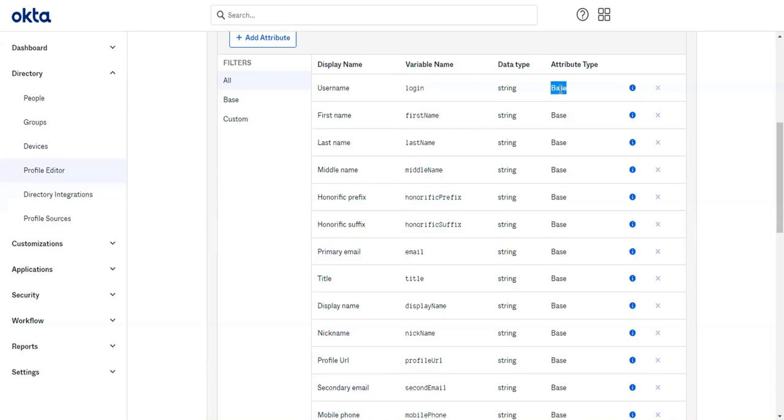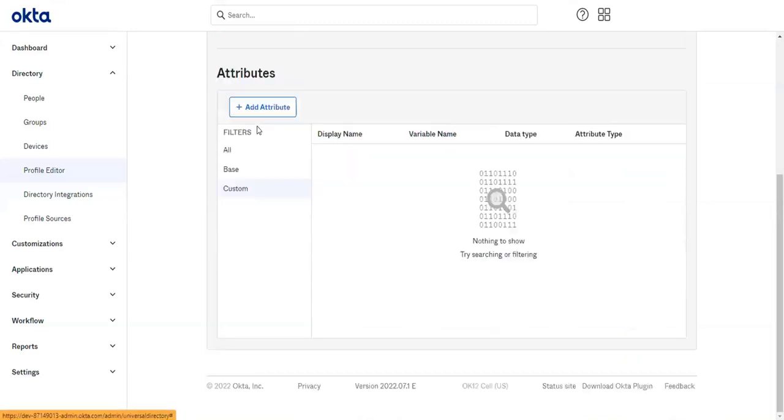A base attribute is defined and enforced by Okta, and you cannot edit it. You can see that you cannot delete it, you cannot edit anything. But a custom attribute you can create, you can delete, and you can modify however you want.